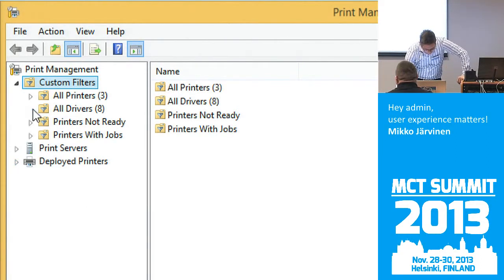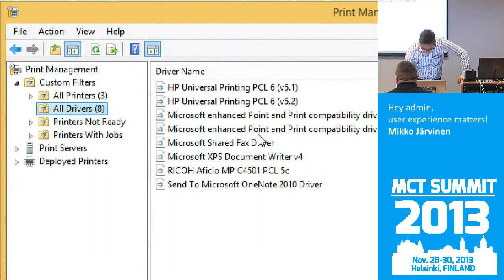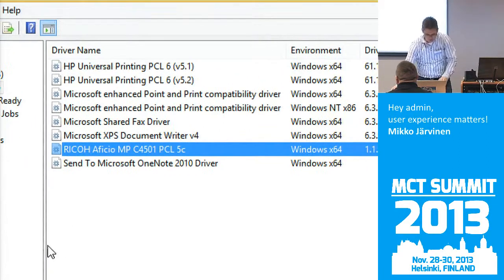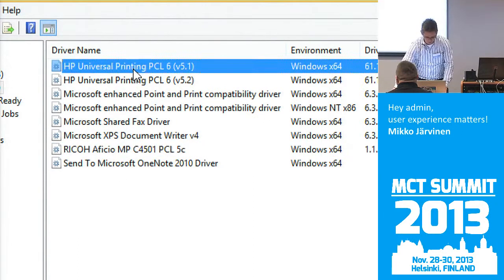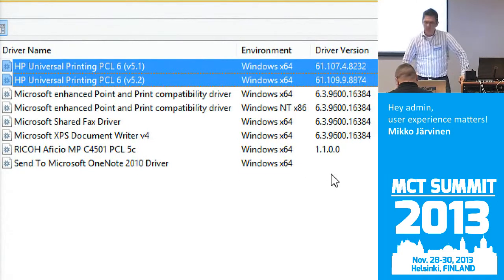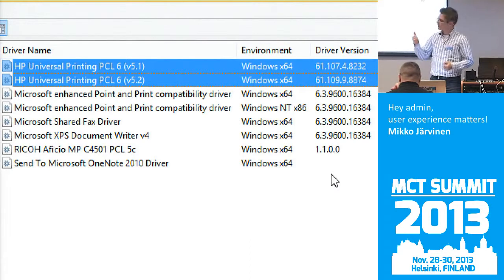Here I have the drivers, and you can see here is one example of a driver which doesn't support version numbered installations, but then we have a driver which is the same driver, but you can install different versions of it, and it won't just break. It works. This is how things should have been done.